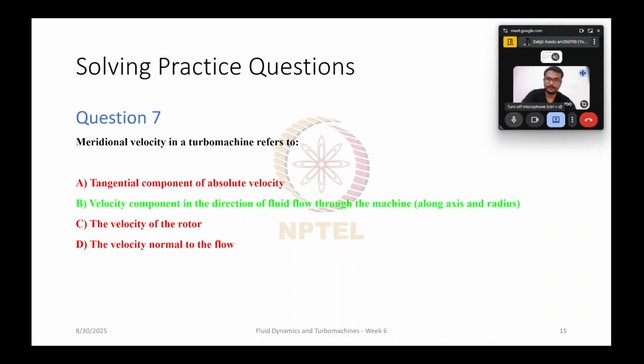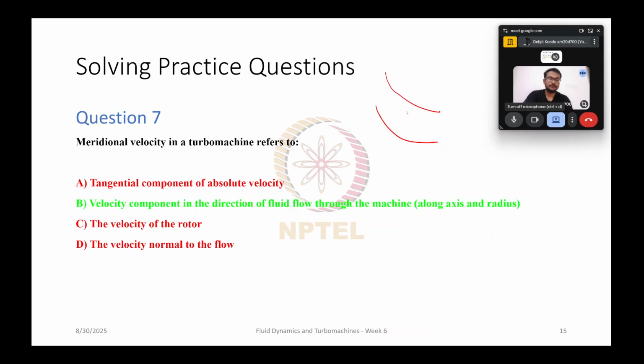Let's take a look at the solution. It's actually option B. It's the velocity component in the direction of fluid flow through the machine. I mean, it's the velocity of flow minus the rotational component. So basically, this will be most clear if we take,